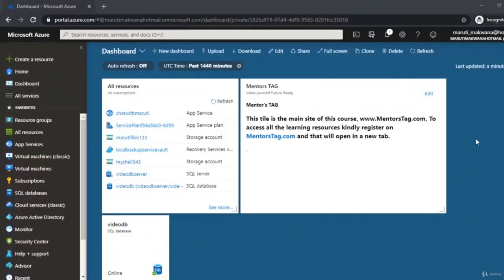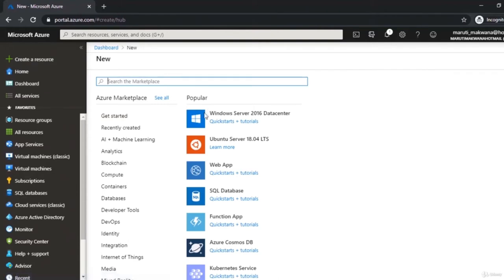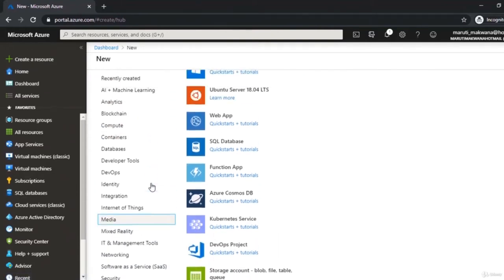Azure Portal is one of the most useful things which you can learn in Azure. This is ultimately a website. You can see that the URL is portal.azure.com, and if you have successfully activated your free subscription, then this is a portal which is going to help you to create different Azure resources. As you can see in the left side column, we have a Create a resource button. And if I click on this, we have flavors of resources available.